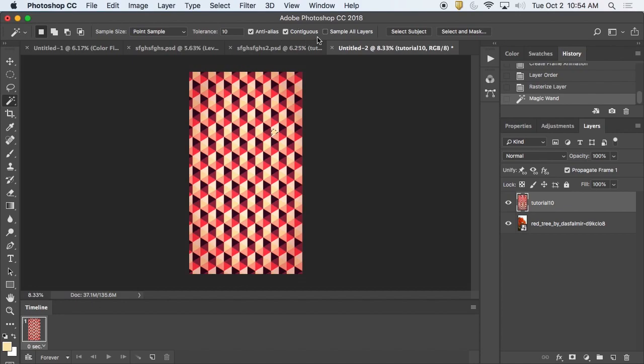One thing you'll notice is this word here, contiguous. That means those pixels are connected to each other. They're next to each other, they're touching. If we unselect that and then select something, you're going to see that it selected all the pixels that are the same across the page. Now, we can change the tolerance of this to make it a little more tolerant. Let's go up to like 50. Try it again. And that started selecting a lot of them. You can kind of see that does some interesting stuff.